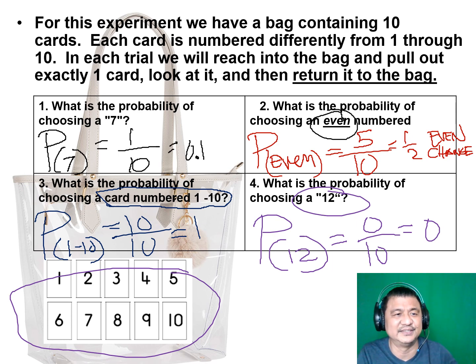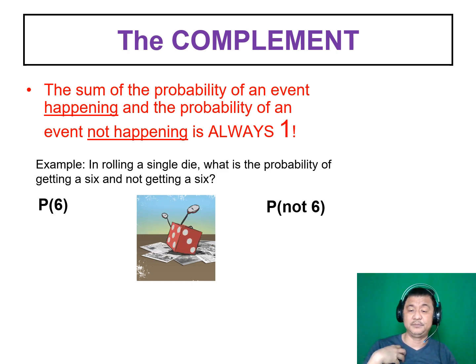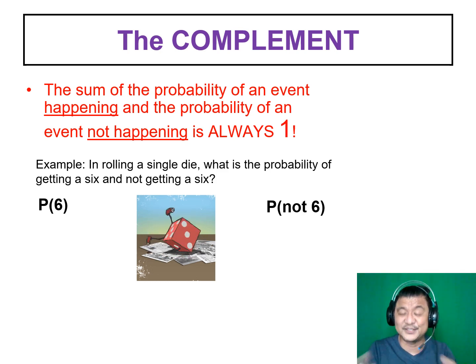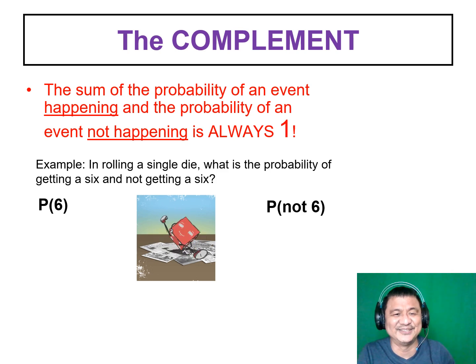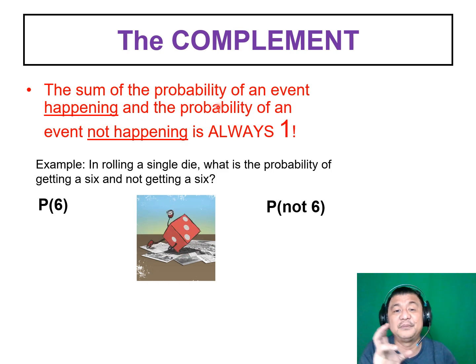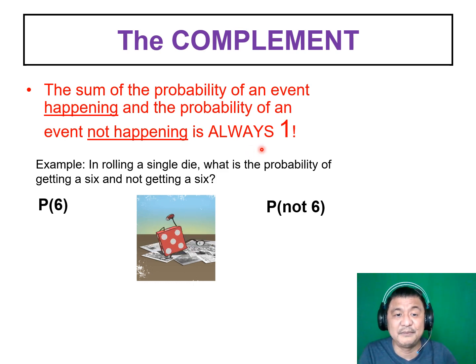Okay? Good. Next. Another vocabulary is complement. Okay, if I tell you that my wife complements me, my wife completes me, whatever I have and whatever she has, put them together, it's complete. Complement. Got that? All right. So let's read the definition. It is the sum of the probability of an event happening and the probability of the event not happening. Add them up together, it's always equal to 1. Whoa, are you sure?